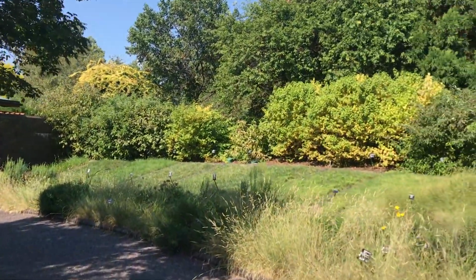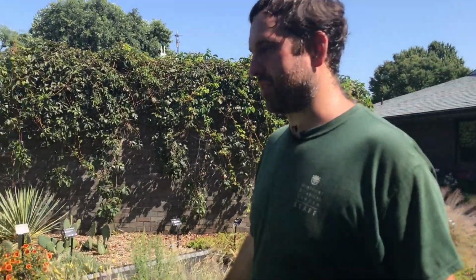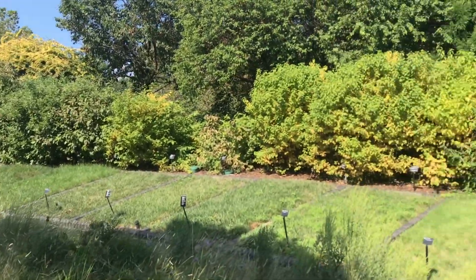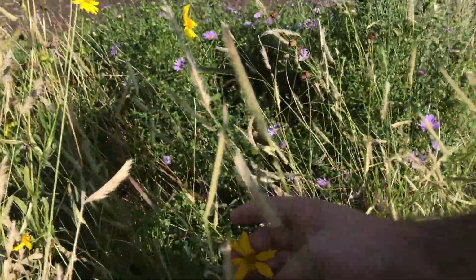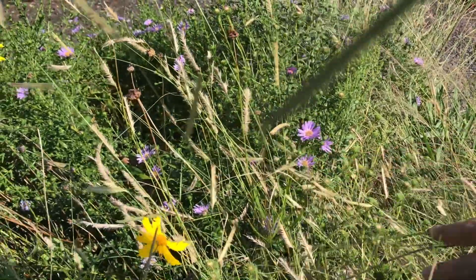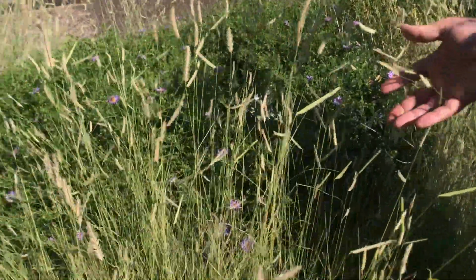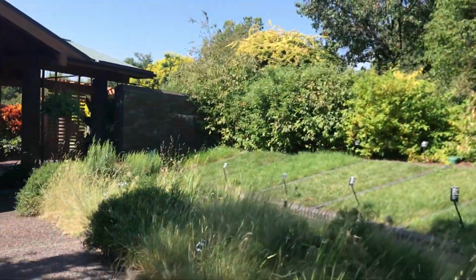I want to point this out while we're over here. This is something that was installed a little bit ago, called a pocket prairie or a mini meadow. So there's lots of grasses and things that you might find in a natural prairie, but this is actually a cultivated garden that's meant to showcase some of these things. So there's things in here like this coreopsis, and this is just starting to come into bloom. This is an aster, a fall blooming aster. So we're getting into that season where the asters start to bloom, and then you have all this grass here, and this is great because it's providing lots of things for pollinators, and also this sort of thick ground cover is nice habitat for little critters,